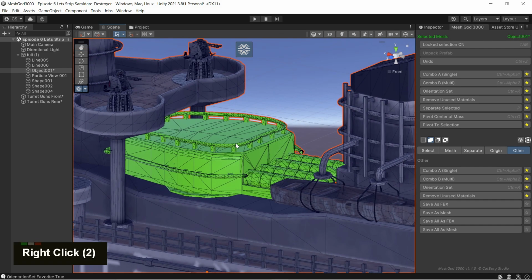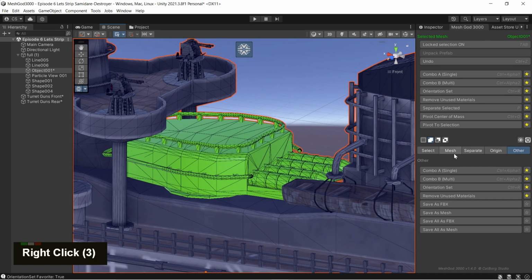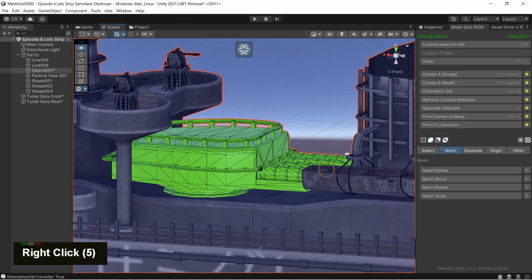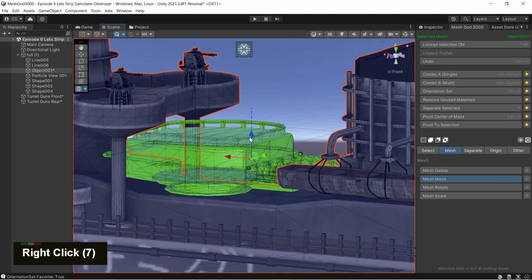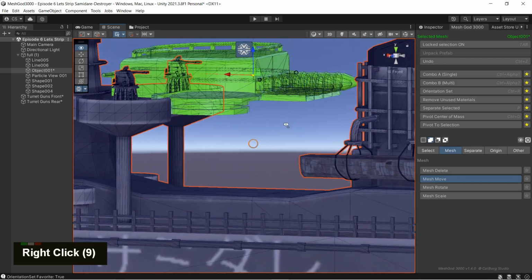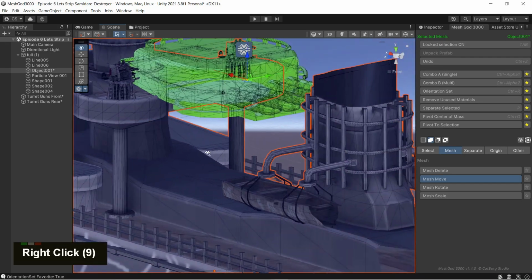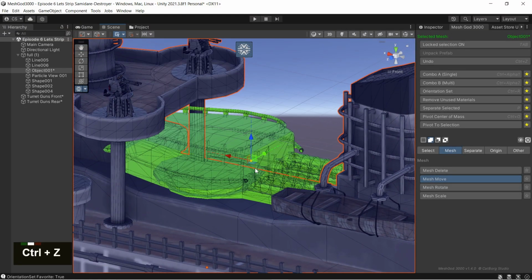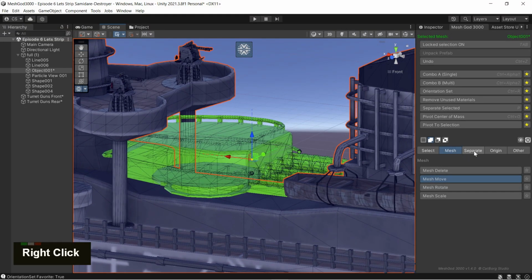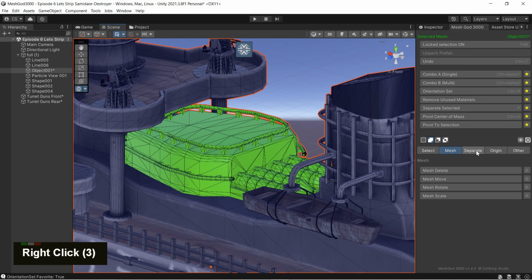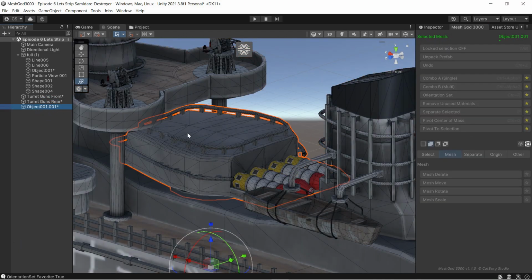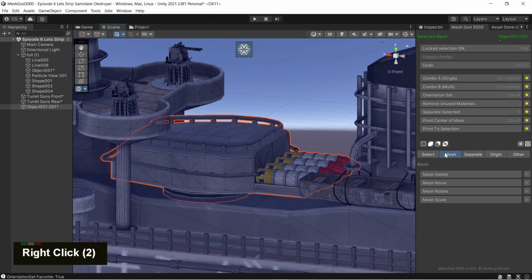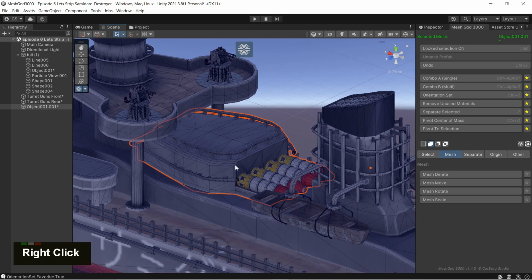If you have unpacked the prefab as me previously, you can check if everything is selected by using mesh move. Check it out. So we can see that not a single part of our turret stays on the deck. I just undo it, disable it, and now separate selected, go to new part, enable it, pivot to center of mass,